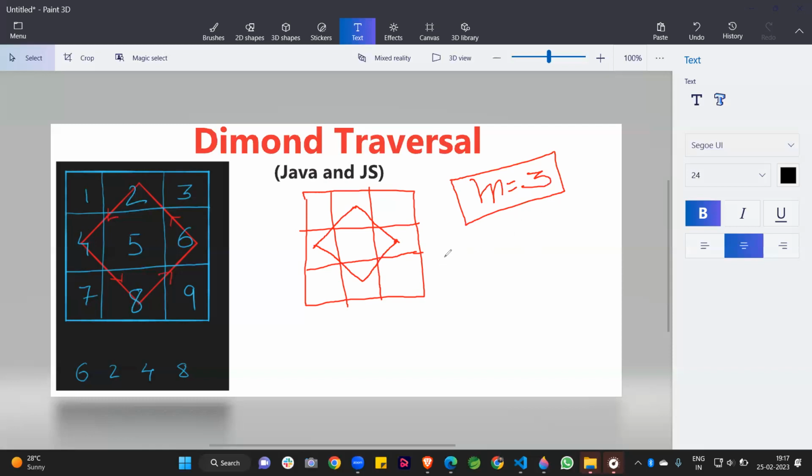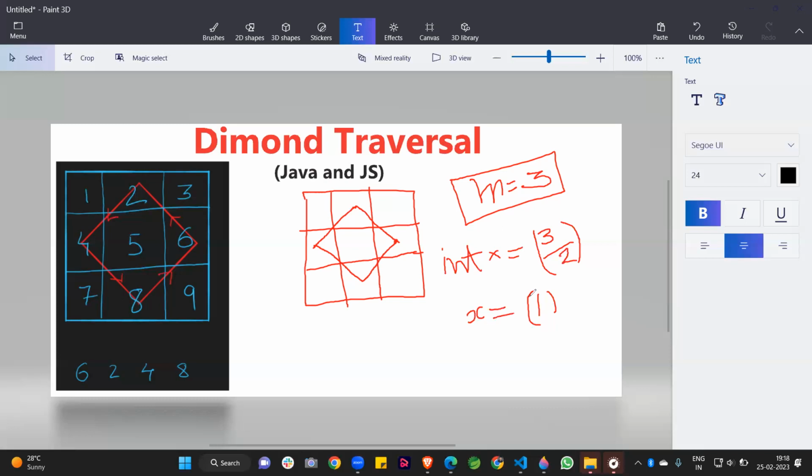We take an integer variable, say x, and divide 3 by 2, which gives the middle point of the row or column. 3 by 2 is 1.5, so we take the integer value, and 1 is assigned to the variable x.